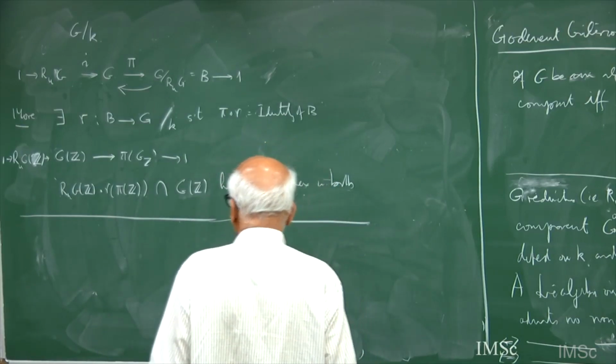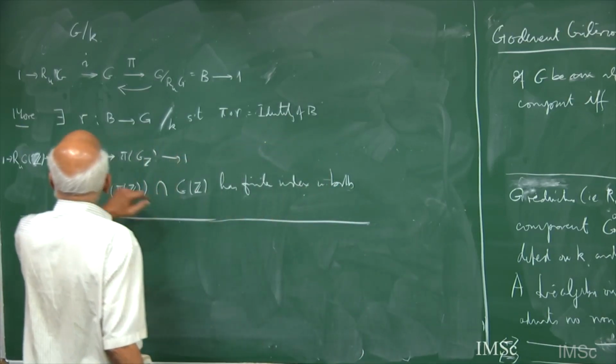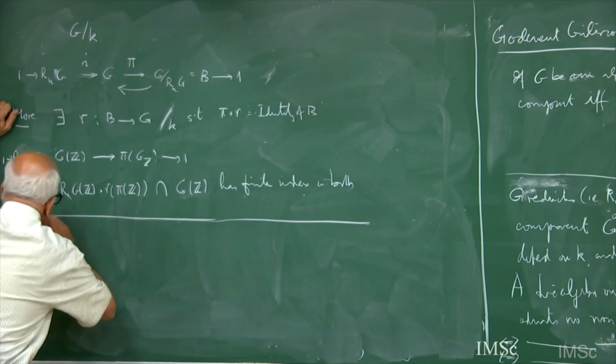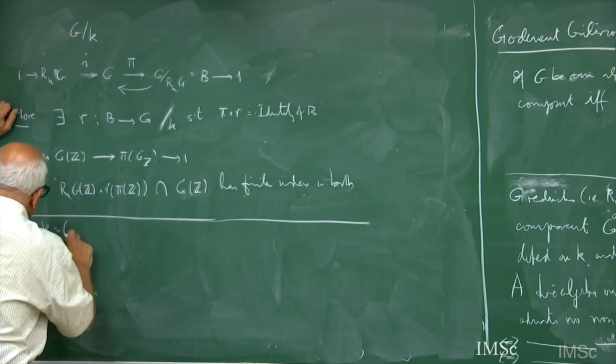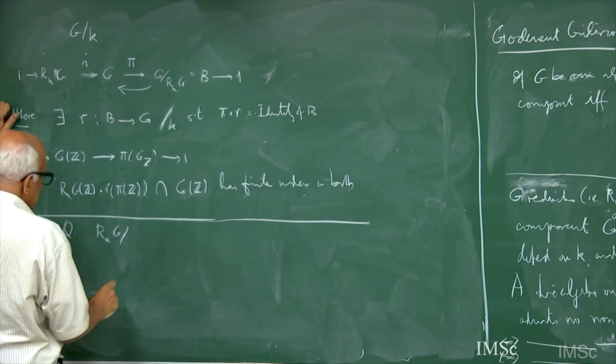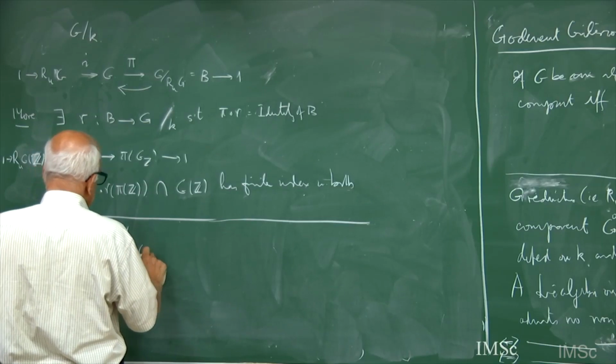Okay, R_u(G)_Z, and this means, since we know that R_u(G), now take K equal to Q. Since we know that R_u(G) by R_u(G)_Z